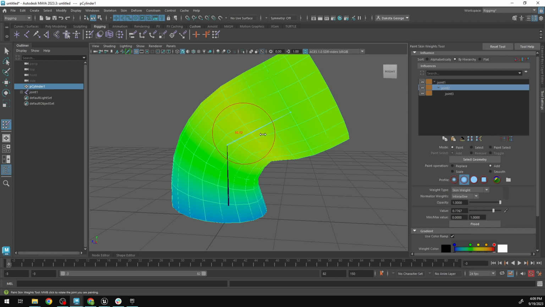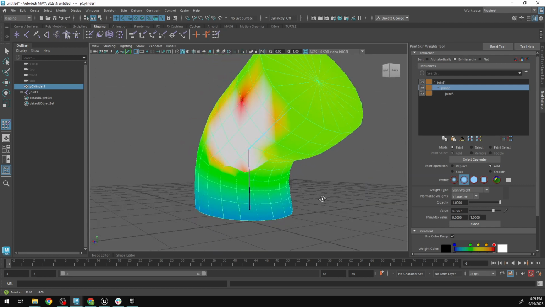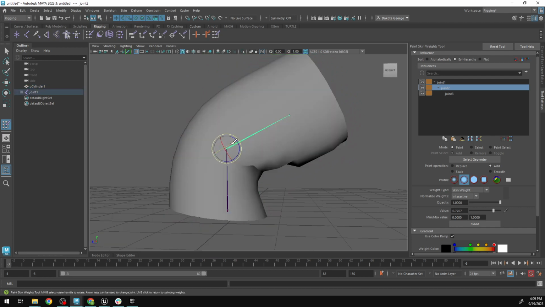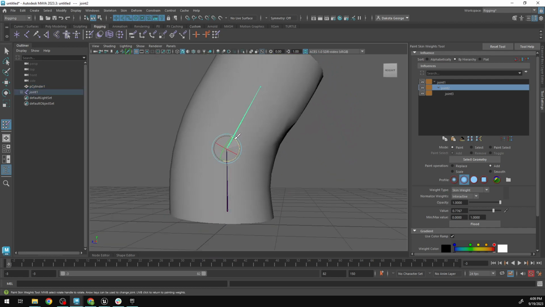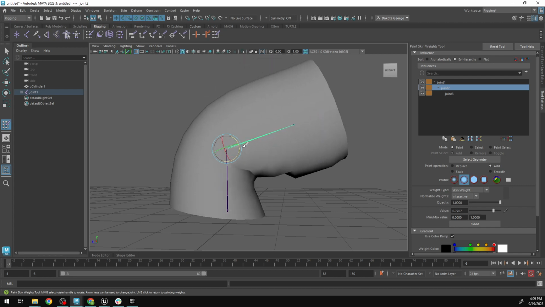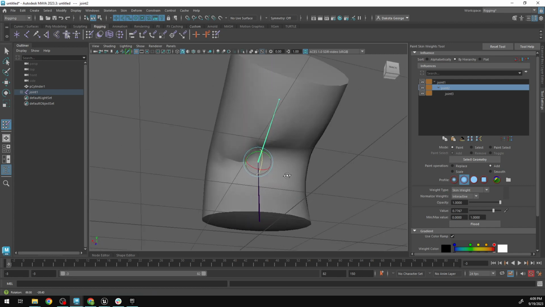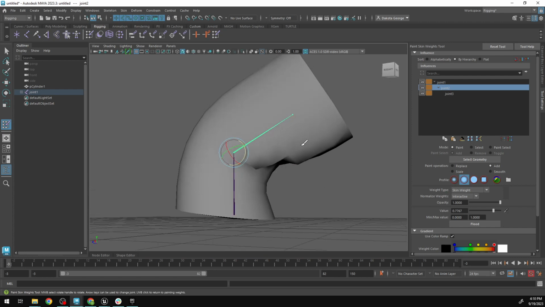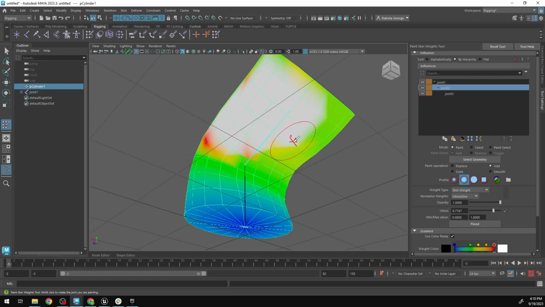I'm holding B and left click and dragging to adjust my brush size. As I paint on this, you can see it's jumping all the way up to 1 and giving it a lot harder influence over the mesh. So as I move it, those parts that have the most value move with indifference to the other influences around it. We can smooth that out